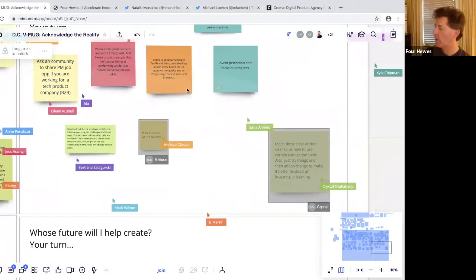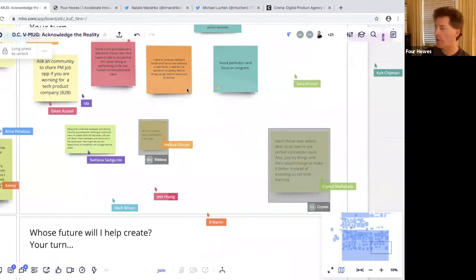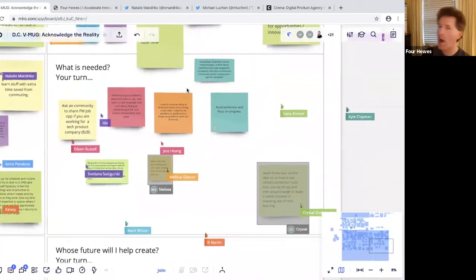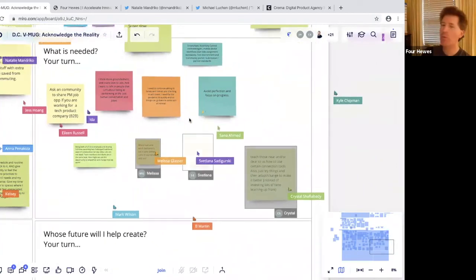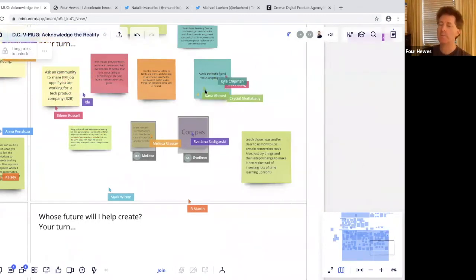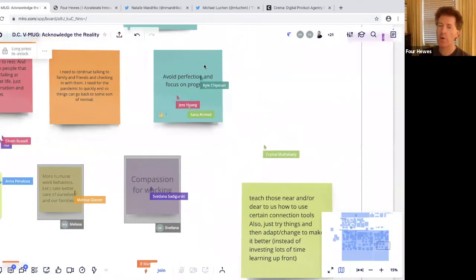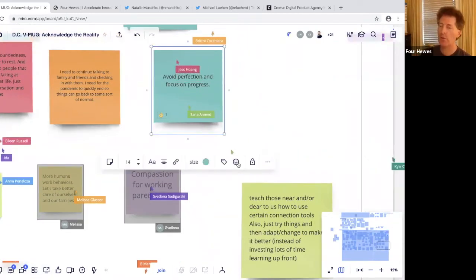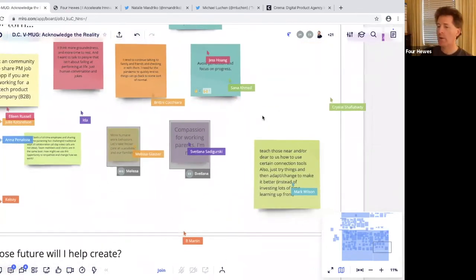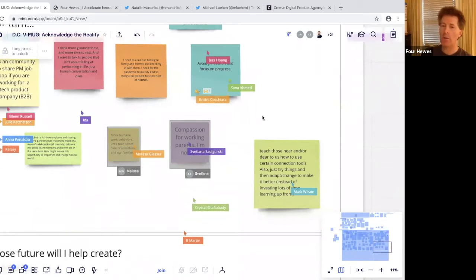I will give definitely a +1 to Kyle, who writes, avoid perfection and focus on progress. Both of those things take work for me, and both of those are high priorities for me. In a way, the chaos that I'm in now makes it easier for me to avoid perfection because there's no time.